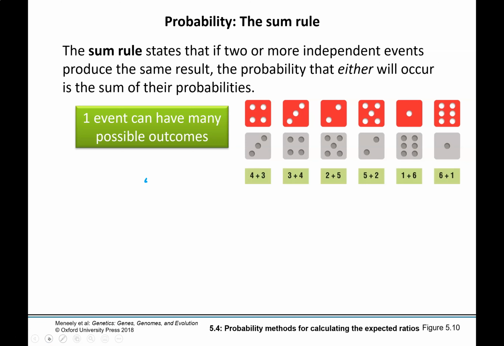All right, so let's talk about our second rule, the sum rule. Now, this one is a little bit harder to comprehend, I think, or at least to figure out when to apply it. A lot of times you're just going to use the product rule. But you use the sum rule when you can have a particular event occur because of multiple outcomes. So if you can have multiple independent events give you the same result, you want to use the sum rule. So let's do this by way of example.